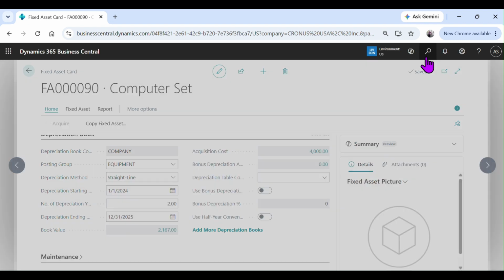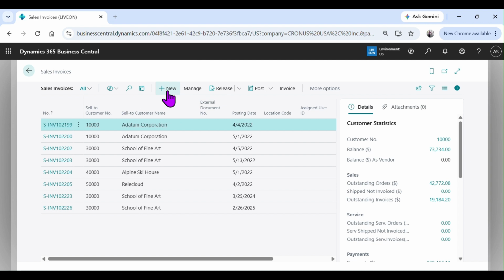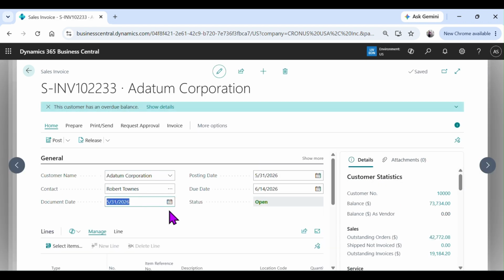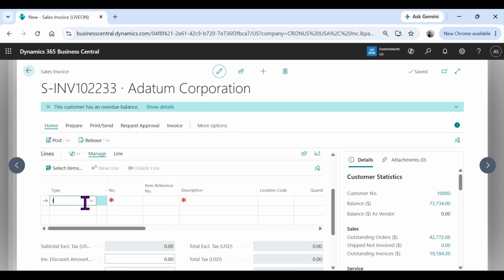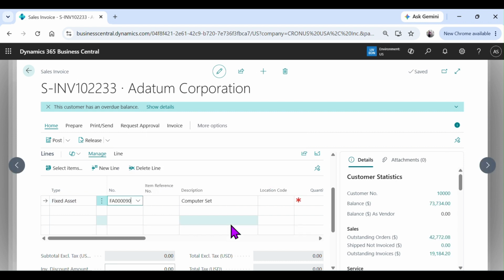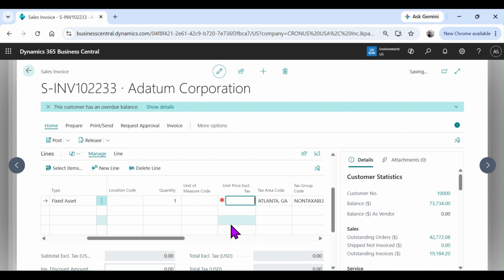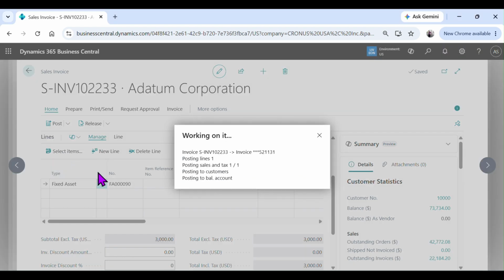For that, I'm going to use my sales invoice, creating a new sales invoice with Adatum Corporation. Here my date is going to be 31st of May, and here it's going to be fixed asset, and my fixed asset number is 90. I'm selling my computer set, quantity one each, and I'm selling this for 3,000. Now if I go and do the preview posting here,